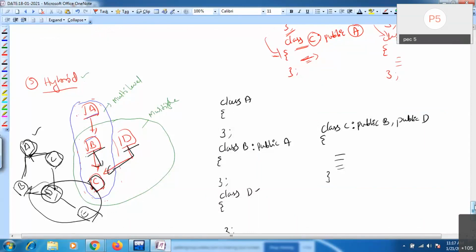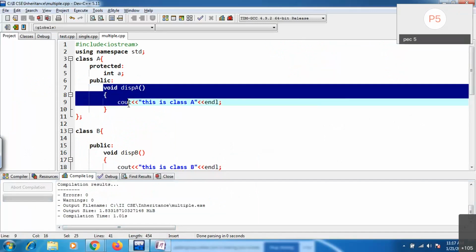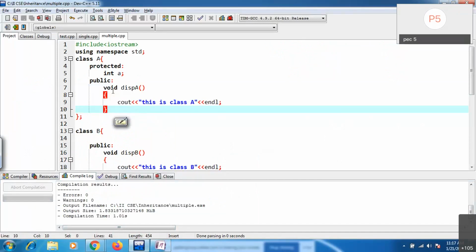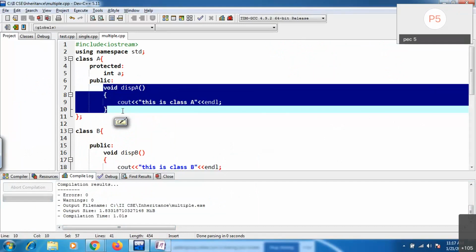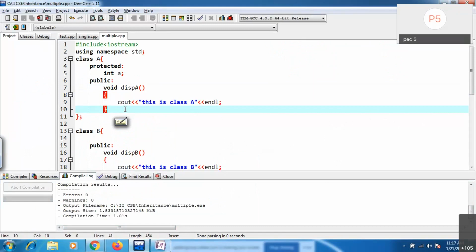What we will see is, here we are writing only member functions. Along with the member functions, if I write some constructor, what happens? How are the constructors going to be called?